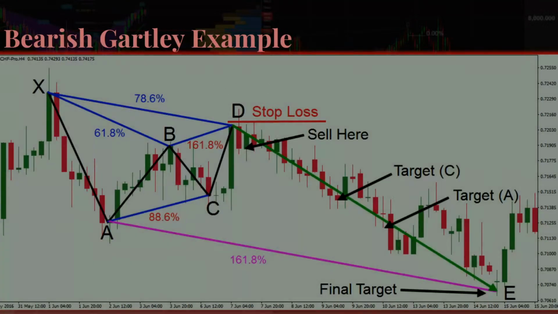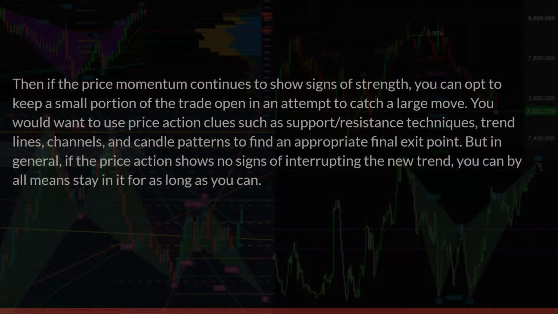So this is another example that I've got off of the bearish Gartley example. Essentially, you do want to focus on trying to take profit on each one of the respective points. The entry should be at the D point with a stop loss as tight as possible above the level in which you intended to short at, which should be a 161.8 or a 127,